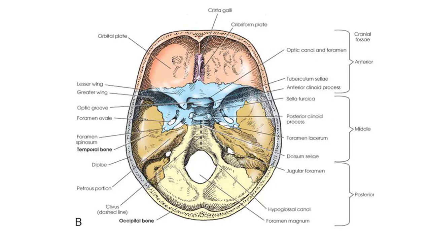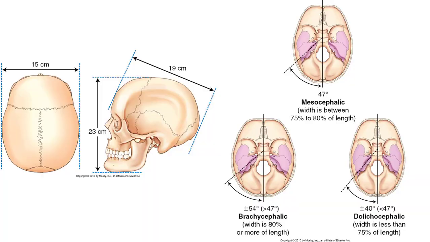The posterior cranial fossa is a deep depression posterior to the petrous ridges, which protects the cerebellum, pons, and the medulla oblongata. When considering skull morphology, the typical skull is mesocephalic, where the petrous pyramids project anteriorly and medially at 47-degree angles from mid-sagittal plane. The brachycephalic skull depicts the petrous pyramids projecting anteriorly and medially at 54-degree angle from the MSP, causing it to